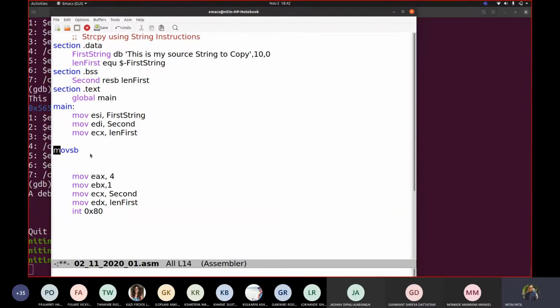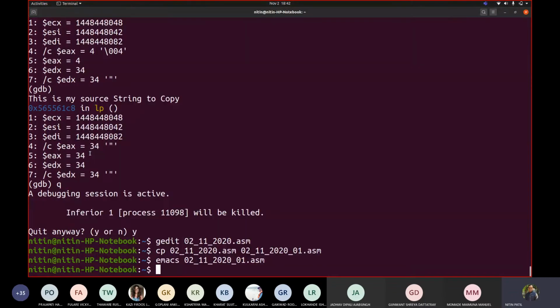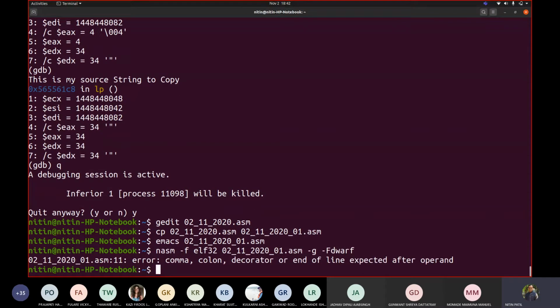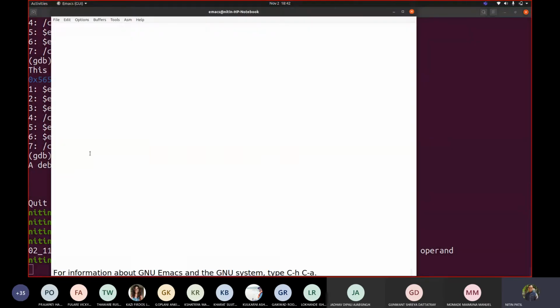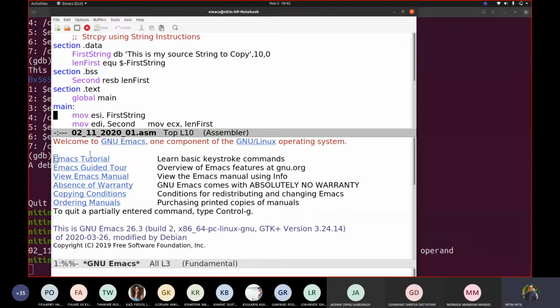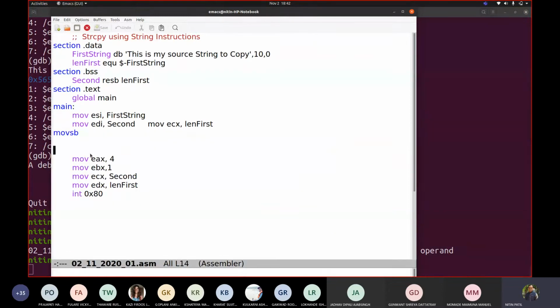If I write like this, for example, and save it and try to translate it, it says: error, comma, colon, decorator, or end of line expected after the operand. So that means it is not permitting me to use more than one instruction on a line. Correct? But is this always correct?